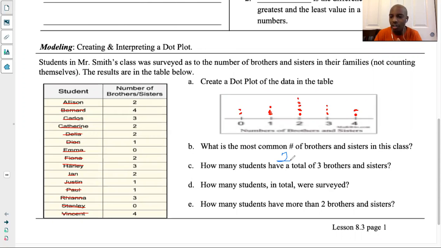How many students have a total of 3 brothers and sisters? You can count that, 1, 2, 3. There are 3 students,